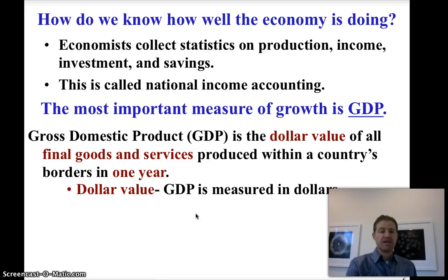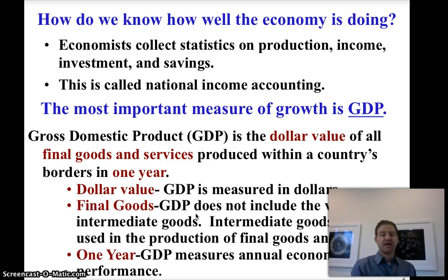So there are some key aspects there. One, GDP is measured in dollars. Two, it does not count intermediate goods, right? Only the final goods. So when you buy a car, that counts towards GDP, but the production of the tires and the radio that went into the car and the engine, those do not count towards GDP. Only the final good, because all of it counts. And we're only measuring it over 1 year.